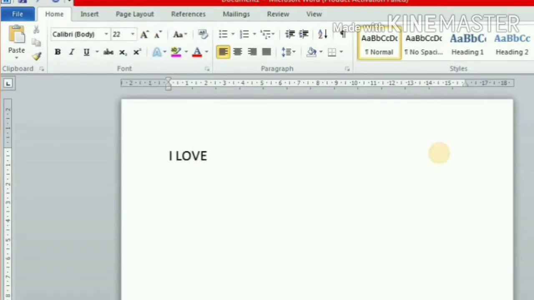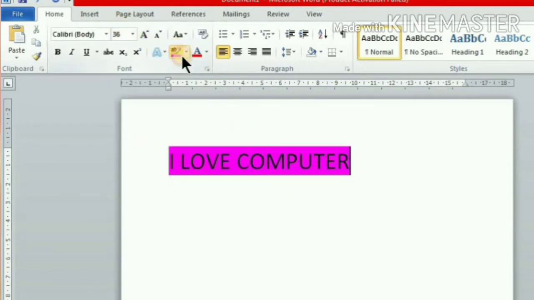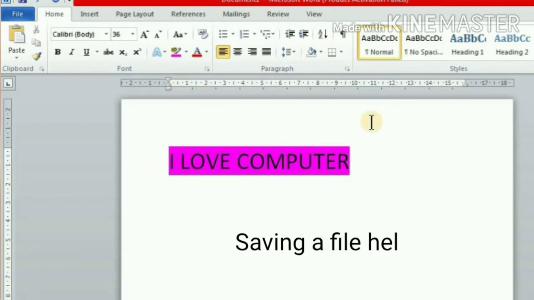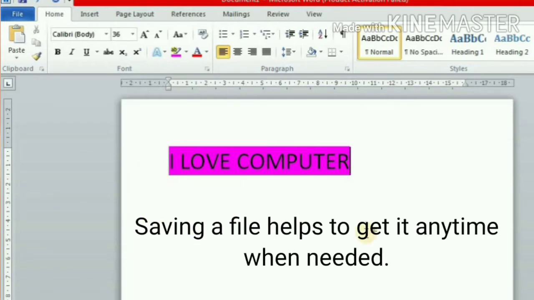Now children, if you switch off the computer now, this document will be erased from the memory of the computer. If you need it again, you have to retype the same thing again by opening MS Word. So, for your convenience, we will save the file so that we can use it or access it anytime when we need it.